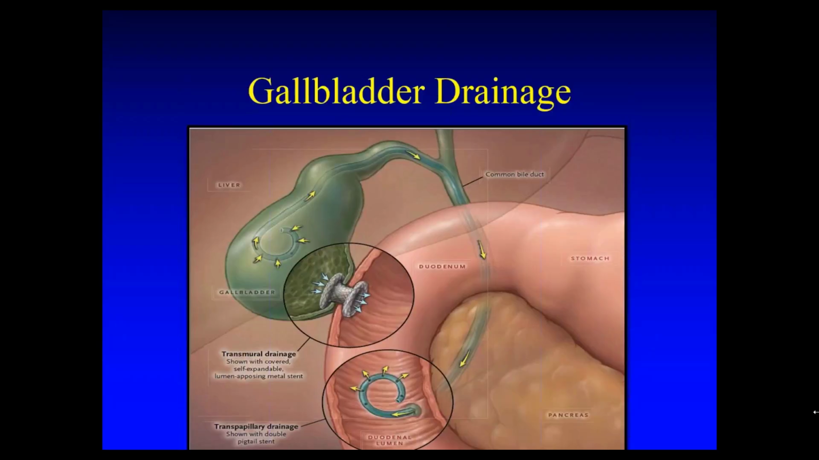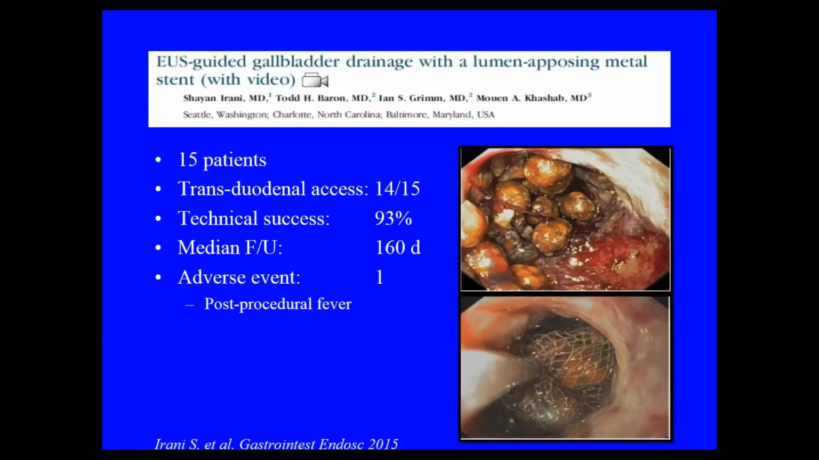We also use EUS to drain the gallbladder. As we all know, the gallbladder can be drained in a couple of ways, endoscopically. Here you can see the first way, probably the most common way, is transpapillary drainage via ERCP. A long pigtail stent can be placed through the ampulla into the gallbladder. More commonly these days, transmural drainage is done, as you can see here, going from either the stomach or the duodenum into the gallbladder. Numerous studies have shown that this can be safely done in patients who are not surgical